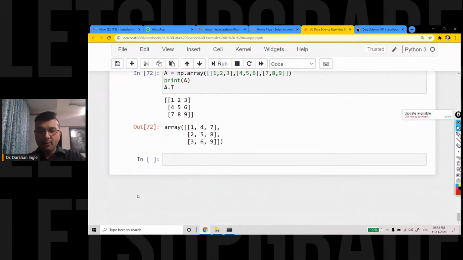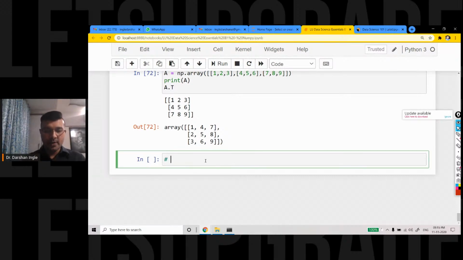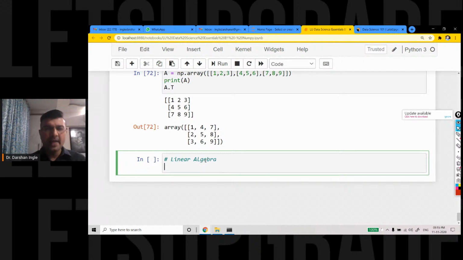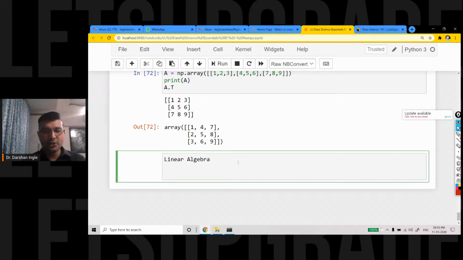Great. Now I can also perform linear algebra. I can perform linear algebra using NumPy. Now the question is how? Well, let us say I have few equations to be solved. And the equation is something like this: